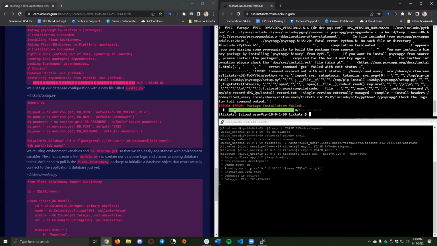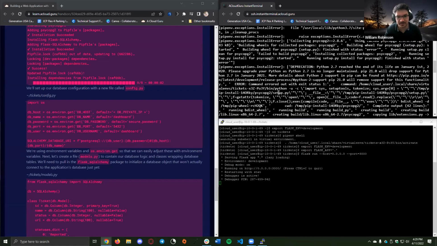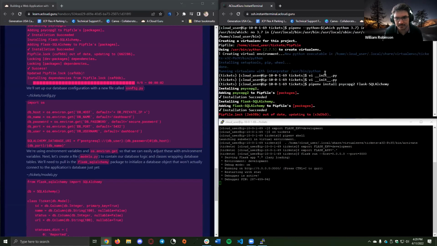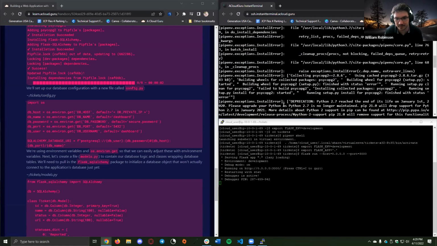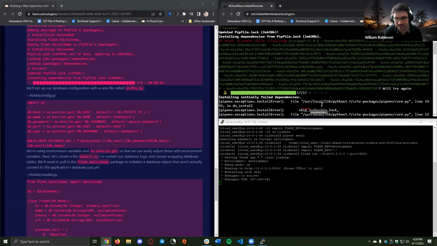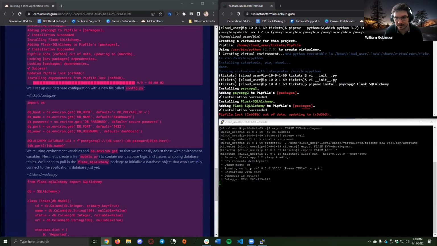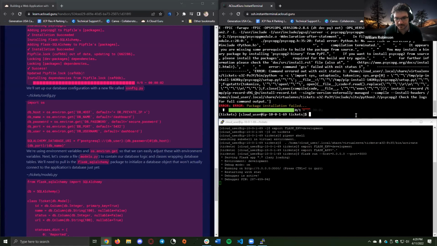Uh-oh. What did we fail here? This did not happen last time. It was mentioning Python 2.7, but I know I'm running in 3.7. I set which Python 3.7, and then here, well, yeah, it should be running in 3.7. What do you think I should do at this point? Should I just retry the installation, or